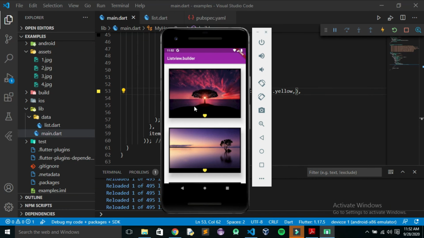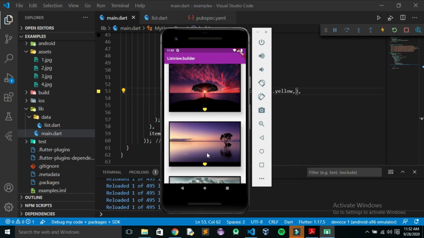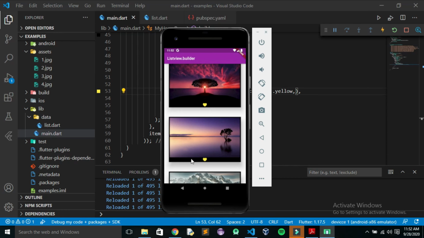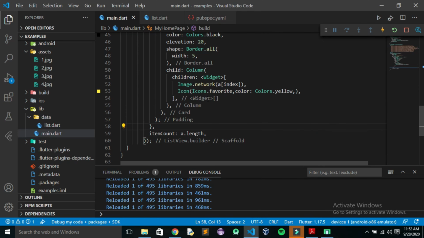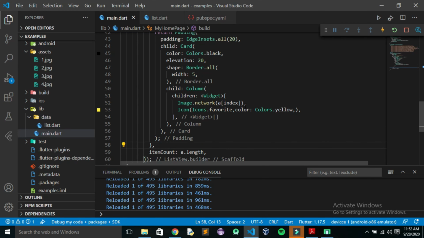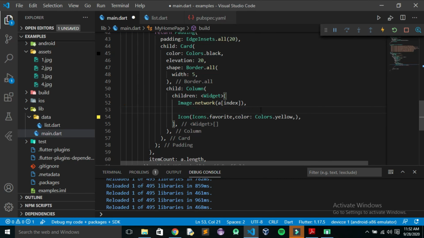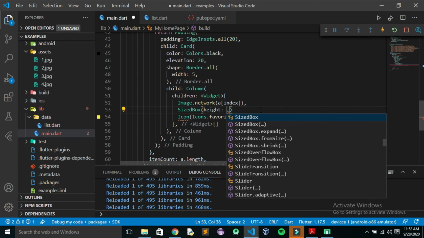So now when we see this, we'll see that it looks better, but we also need to provide a spacing between the image and icon. So for that, here I will use SizedBox, and in that I will give height as 10, 20 maybe. Let us see that.